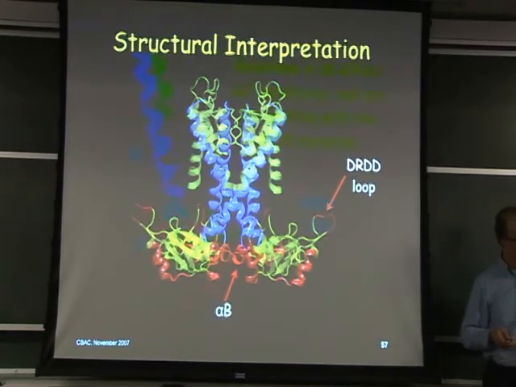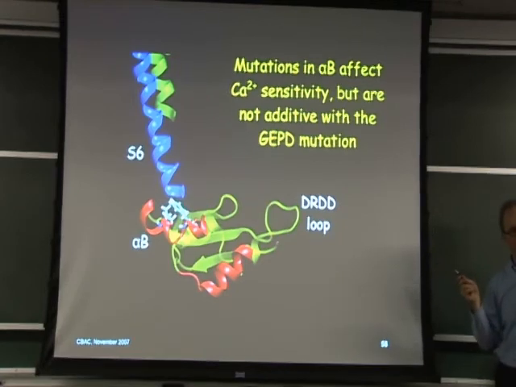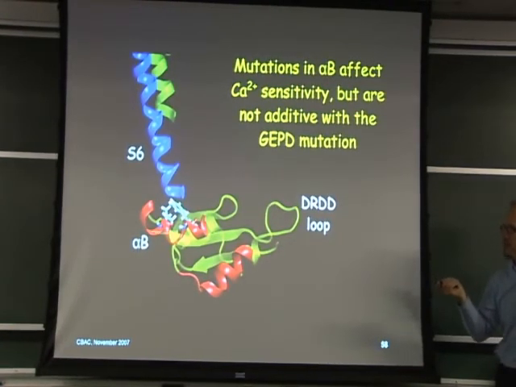There's actually been further mutagenesis work done now in Jameen's lab that has found specific mutations in alpha B that appear to be linking, if we will, to F6 to this region of the core. And these mutations don't give additive effects in terms of calcium sensitivity, in that they seem to be directly associated with the same pathway of calcium binding and/or this epilepsy mutation. Okay, so everything seems to point to the fact that the alpha B is somehow linked in this activation.